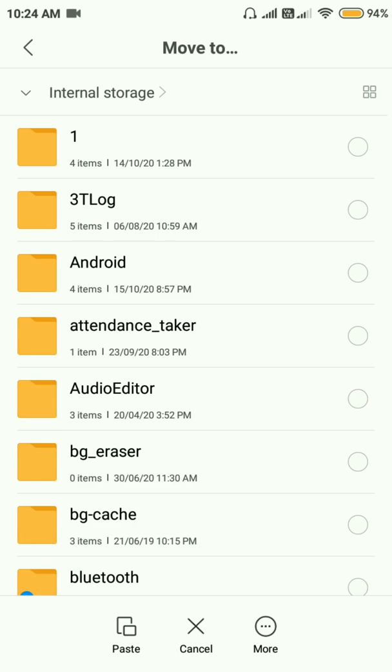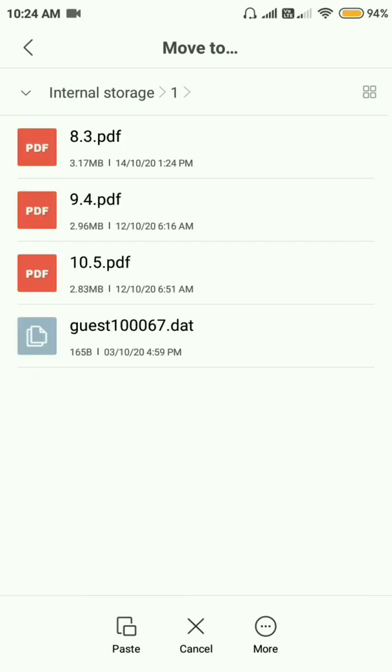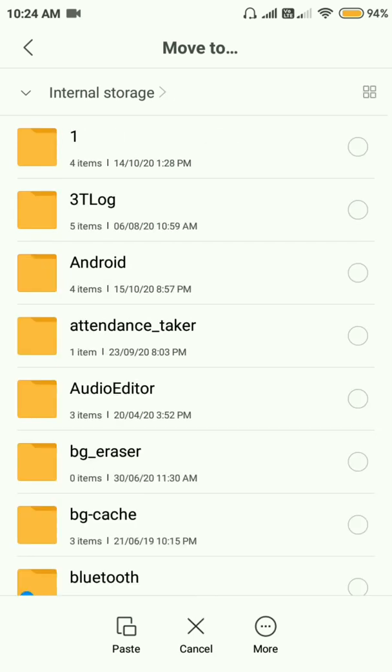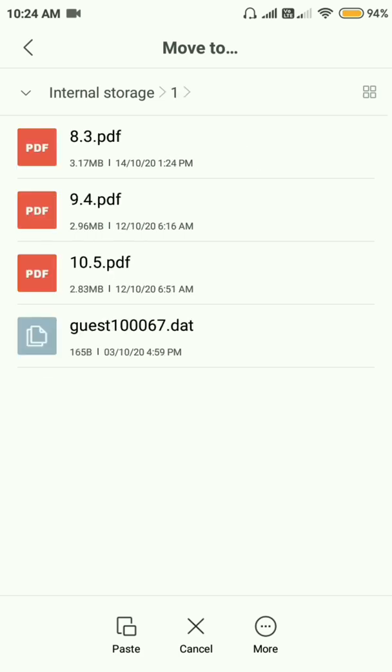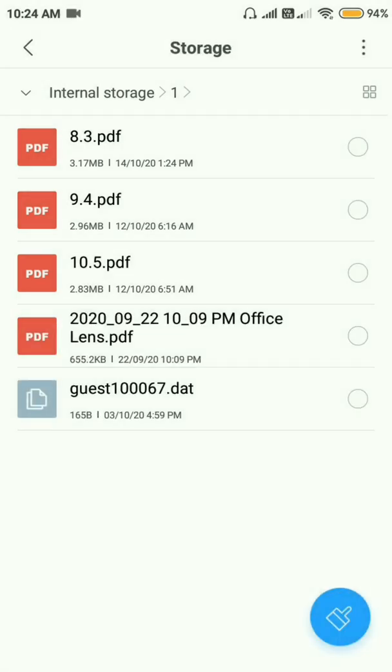Because when sharing the PDF in a Zoom meeting, it will be easy. That is why I am telling you. I will show you how easy it will be for sharing in a Zoom meeting after moving it to an easy folder. So paste it in a visible folder, an always visible folder.